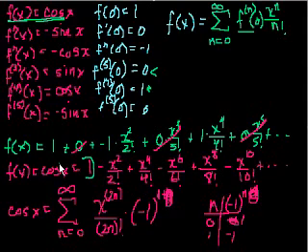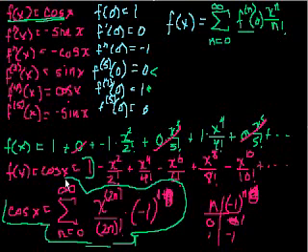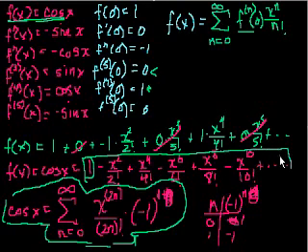So pretty neat. We just figured out another way to represent cosine of x. And it might look a little bit interesting to you that this representation resembles part of the representation of e to the x. Well, what's the difference between this and e to the x? Well, e to the x had the odd exponent terms too, and it didn't switch signs. But other than that, they're pretty much